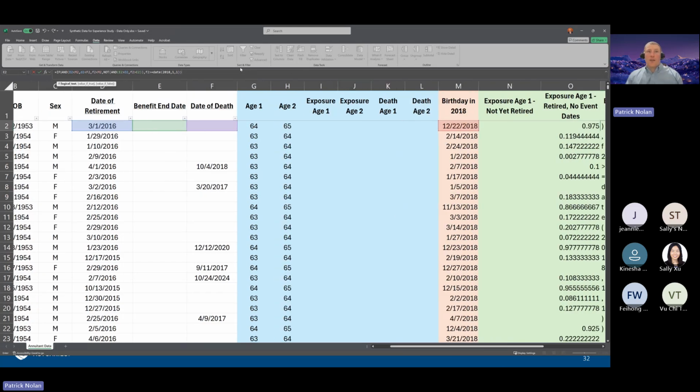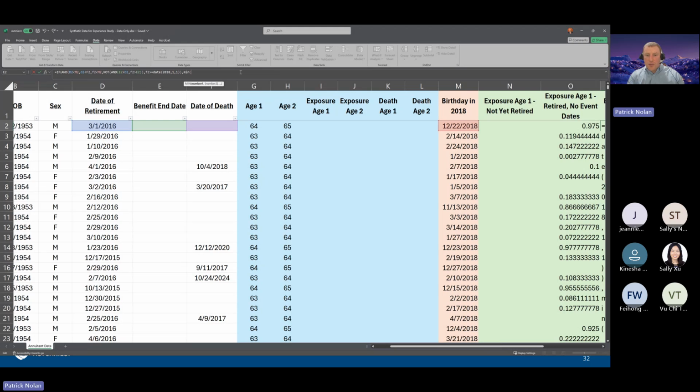So then we have to figure out what is our exposure for somebody who dies during the year. And I think what we discussed yesterday is that in the event of a death, the person's exposure continues until their following birthday, regardless of when that death takes place. So if we have a situation where a person dies, we don't want to cut off that exposure at the date of death. We want to finish off that age band. So we want to take